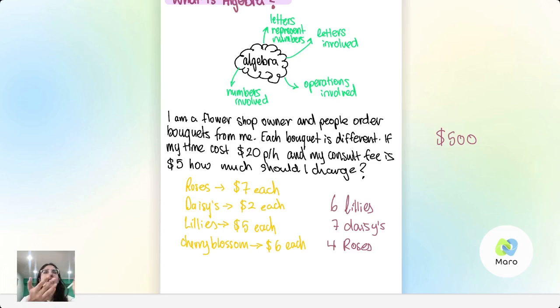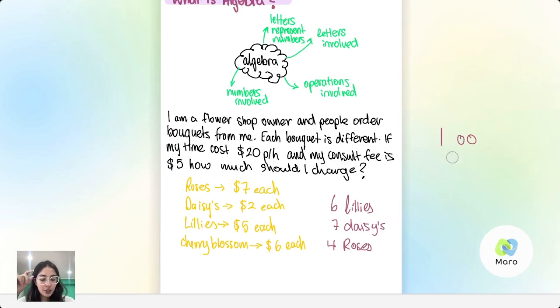What if I just say a flat rate of $40 per bouquet? Would that make sense for me as a business owner? No, because every single bouquet costs me a different amount of money. Maybe one bouquet takes me 5 hours to make and another takes me 10 minutes. It wouldn't be fair to pay myself the same for both of those bouquets. Does everyone make sense? Mm-hmm.